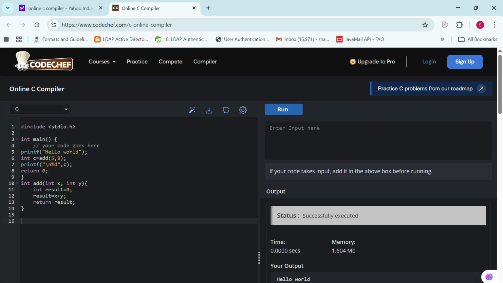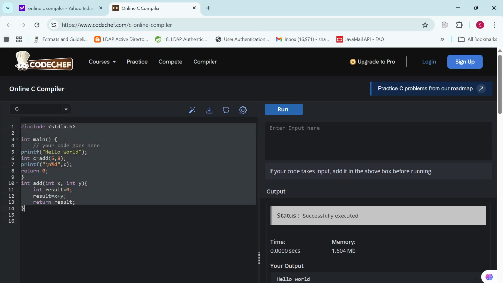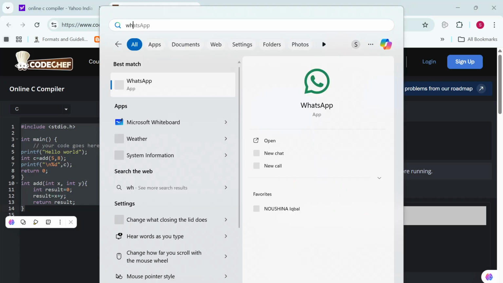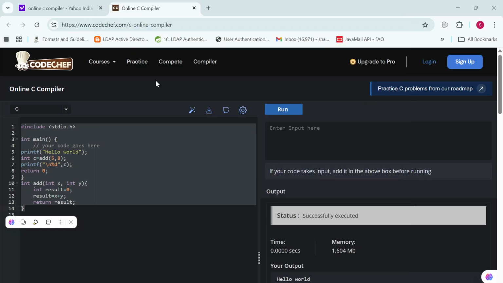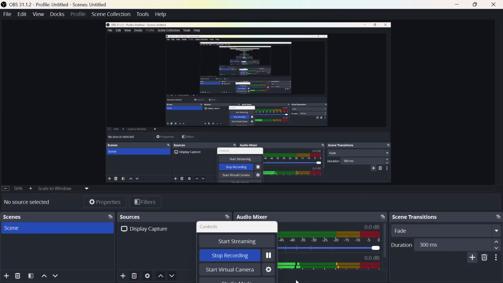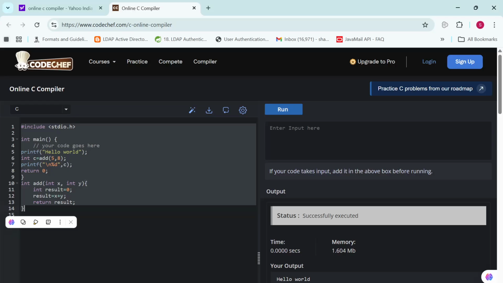So let me just copy this program and let me open the WhatsApp group, and right now let me paste this program into the WhatsApp group. So yeah,